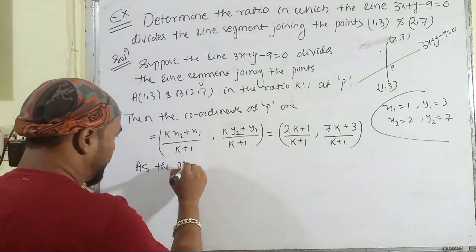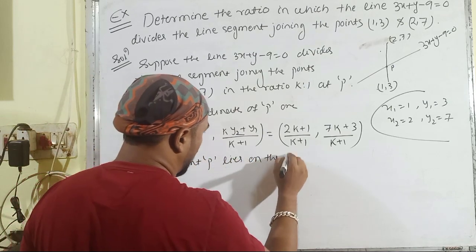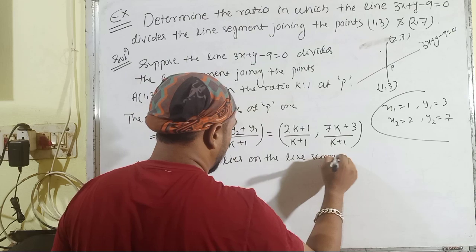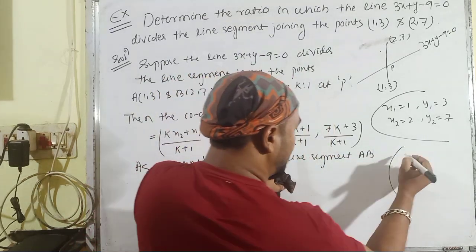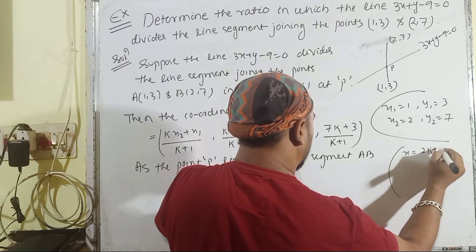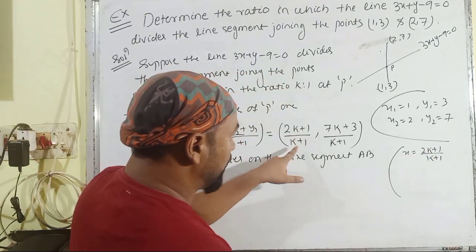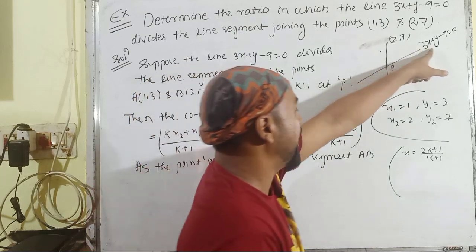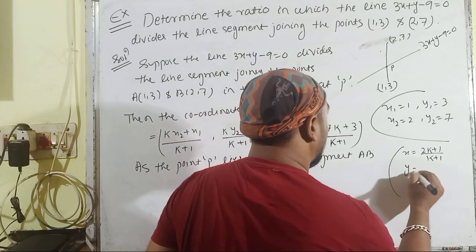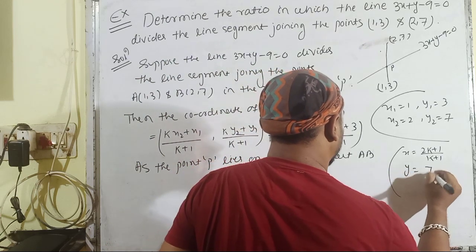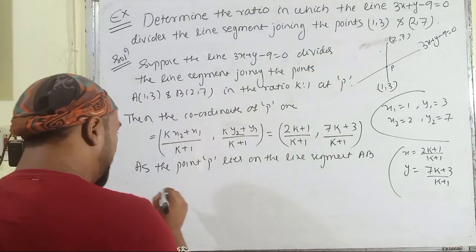As the point P lies on the line segment AB, that means here x is equal to (2k plus 1) divided by (k plus 1). The value (2k plus 1) divided by (k plus 1) satisfies for x, and (7k plus 3) divided by (k plus 1) satisfies for the y value. So by putting here